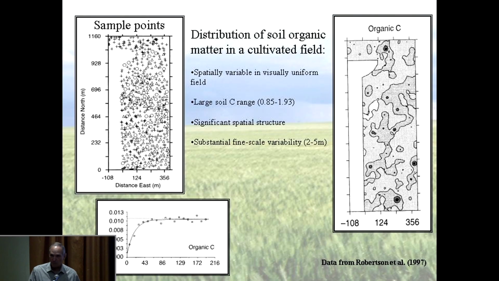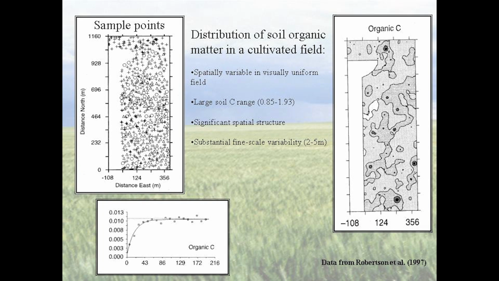Now, the problem there becomes spatial variability. This is from an old study in Michigan, Phil Robertson and his group. This is a 10-acre field. This is where they sampled. That's how many samples they took. This is what they measured for carbon and how they mapped carbon based on that sampling. And you see these huge changes in soil carbon over relatively small distances.